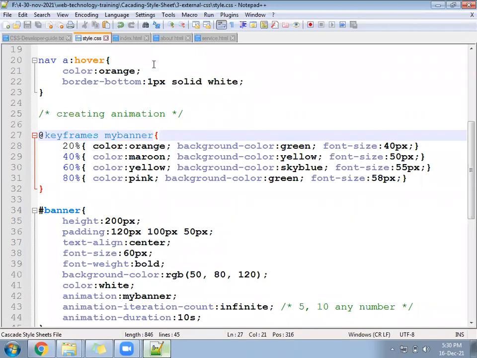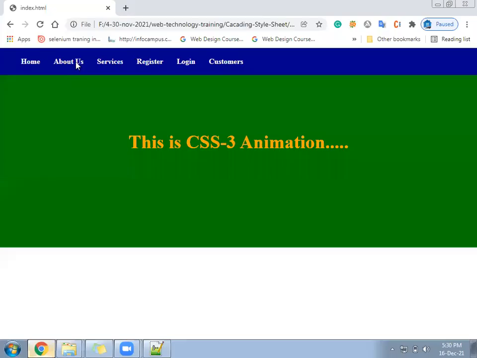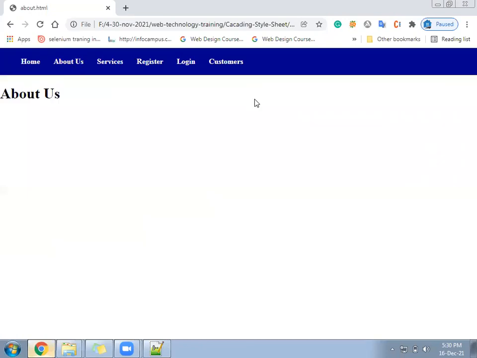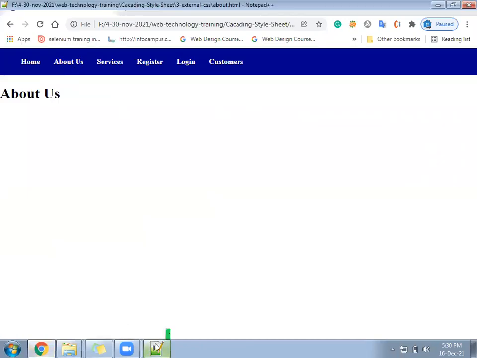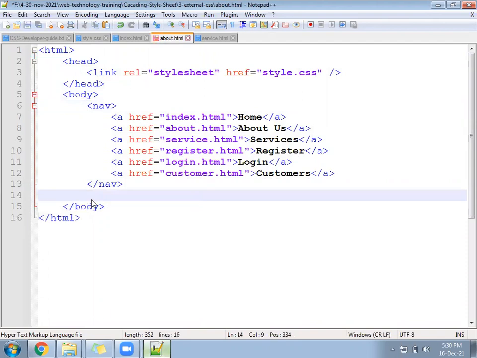Ready? Then we are going to the about page now. If you go to about us page, navigation will be same. Here we need to add the banner again. Come to about us page. Write a section tag again here.